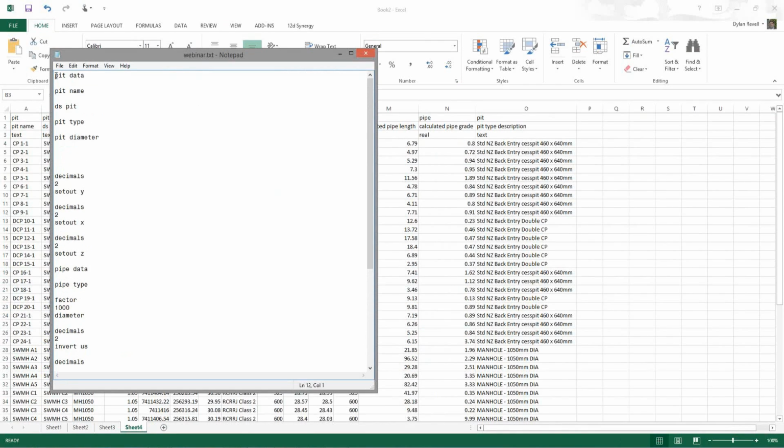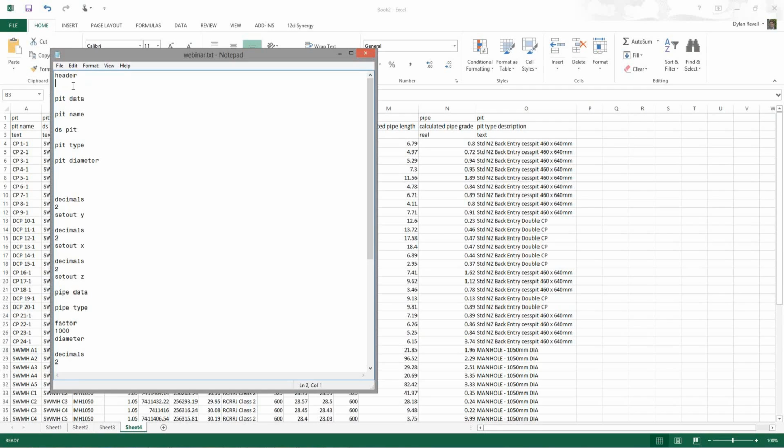Oh, beg your pardon. I'm going to put that right up the top. It doesn't have to be right up the top, but I'm going to put it right up the top for my headers. And so what I'm going to do is type in what the title for those column headers are going to be, and I'm going to separate them to jump from column to column via a tab on the keyboard. So my first title might be pit ID, and then the next one might be to pit, and I'm separating these via a tab. So I'm going from a pit ID to the to pit, pit type,